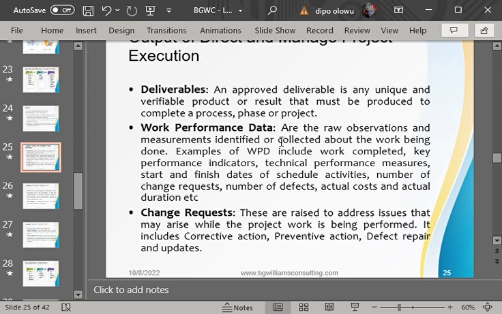Example, when a team member is reporting from the assigned work, he says, okay, for example, this activity or this task took 10 hours for us to complete, and we completed it on July 15.